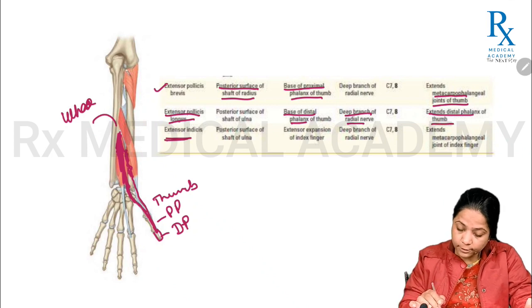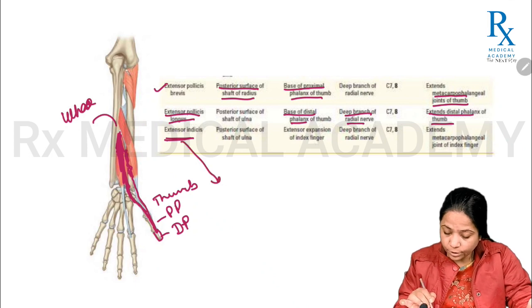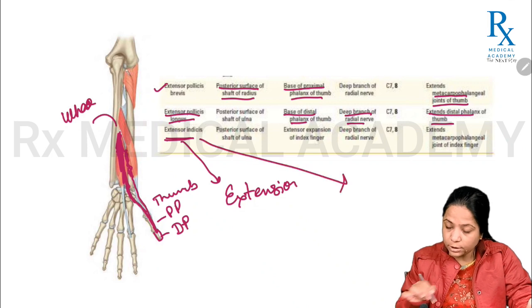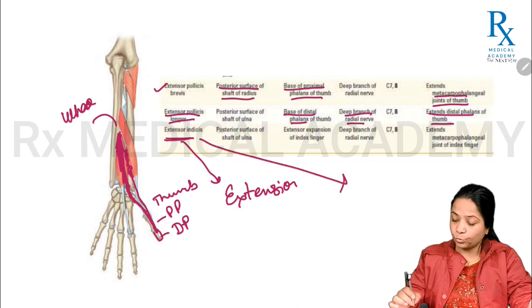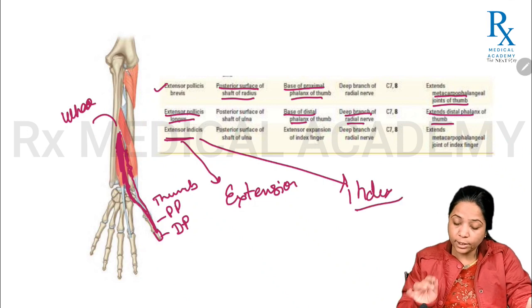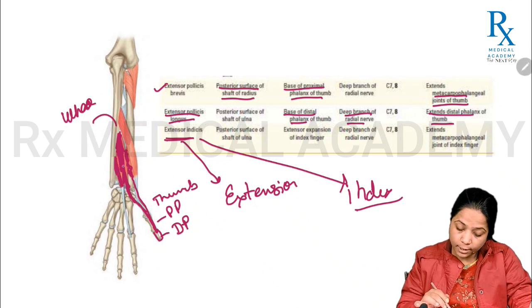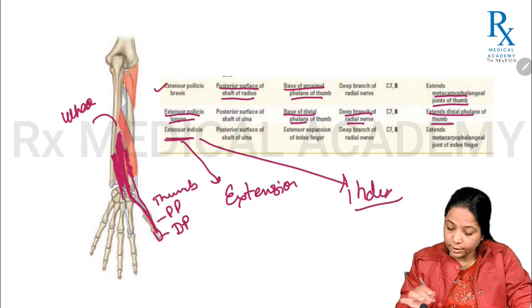Next, a smaller muscle is known as extensor indicis. Extensor means the function of this muscle is to produce extension, and indicis because it is related to the index finger. So it is related to the index finger, that is why the name includes extensor indicis. So it is arising from the posterior surface of the ulna, the shaft of the ulna. You can see here, this is the shaft of the ulna from where you can see how the extensor indicis muscle is arising, and it is going to